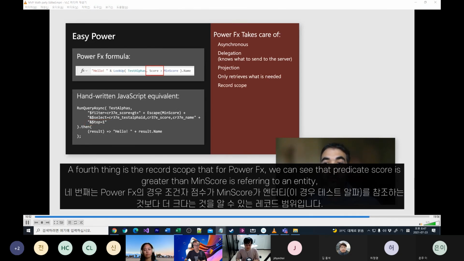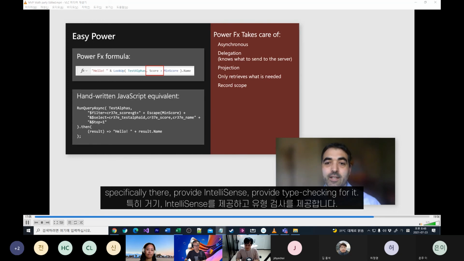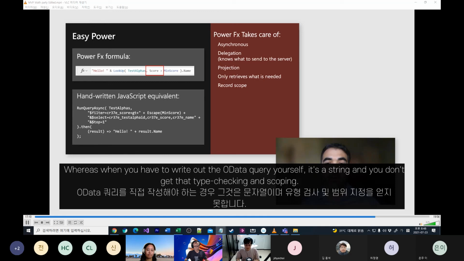A fourth thing is the record scope, that for Power Fx, we can see that predicate score is greater than min score is referring to an entity, in this case, test alphas, and we can go and scope it specifically there, provide IntelliSense, provide type checking for it. Whereas when you have to write out the OData query yourself, it's a string and you don't get that sort of